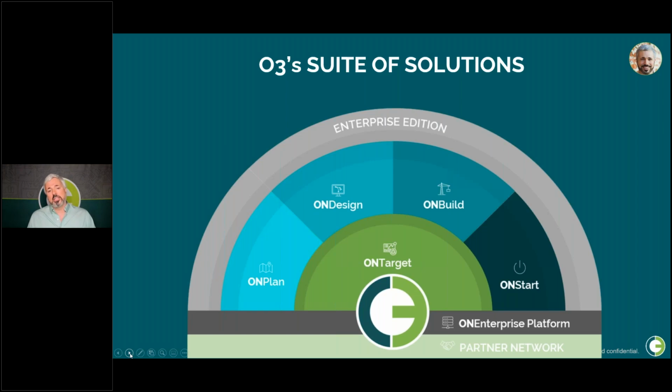On Design is our AWP solution built specifically for engineering. And it's important to note that this isn't just engineering work packages. This goes beyond that. This is around vendor work packages and design work packages and actually providing value directly to engineering through AWP. On Build is where you get into the workplace planning side.